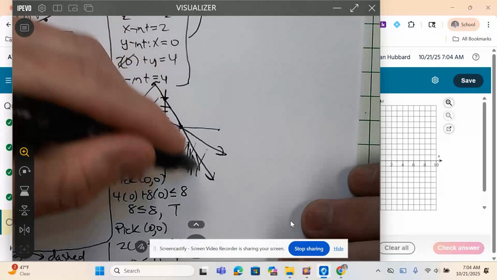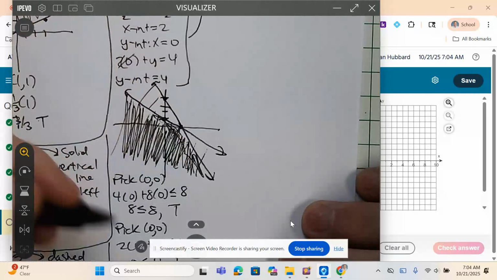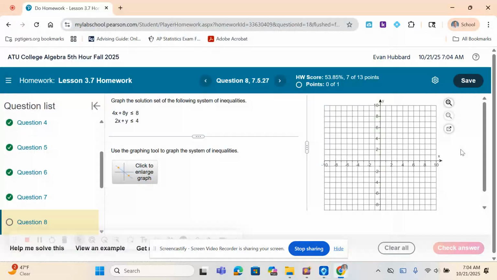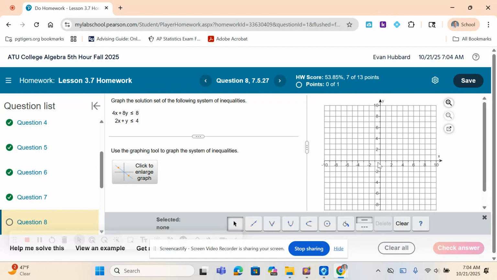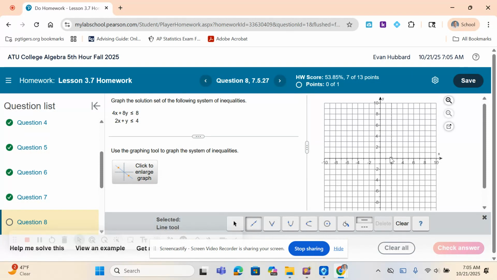Now let's see how we graph this on the grid here. Okay, so let's look at this. My first one, let me click on the graph. It has an x-intercept of 2 and a y-intercept of 1, and the fill, and then the next one has another line, with an x-intercept of 2 and a y-intercept of 4. And its fill,